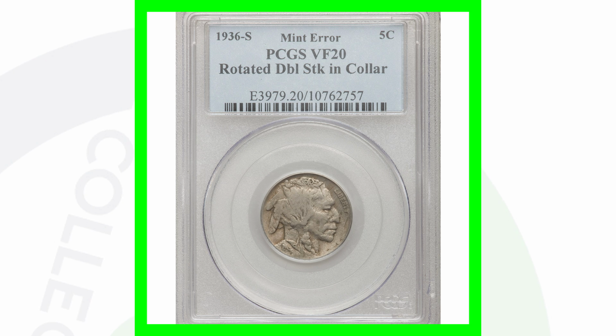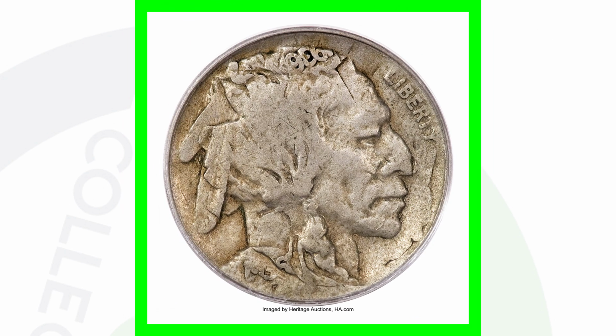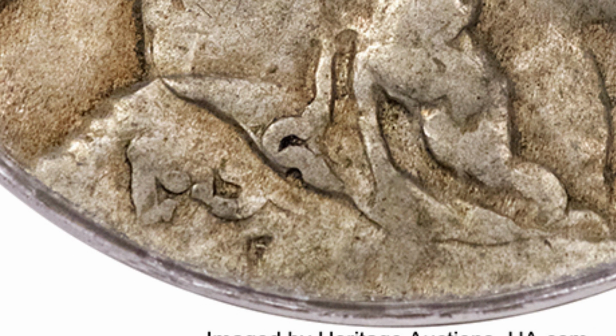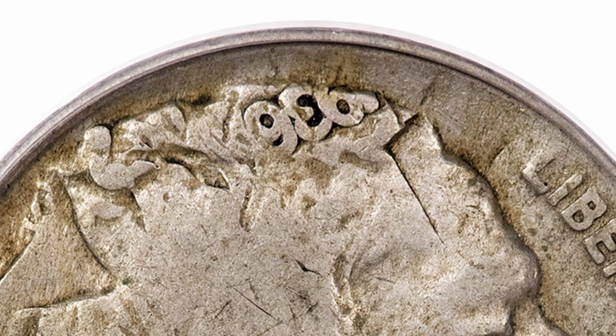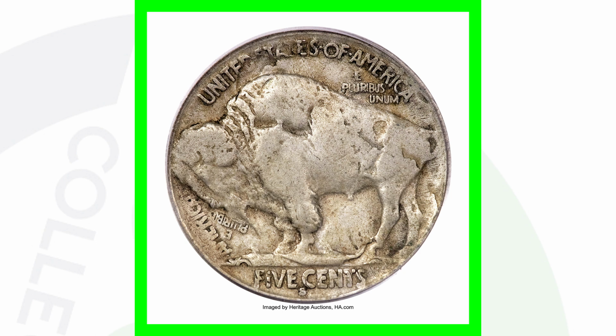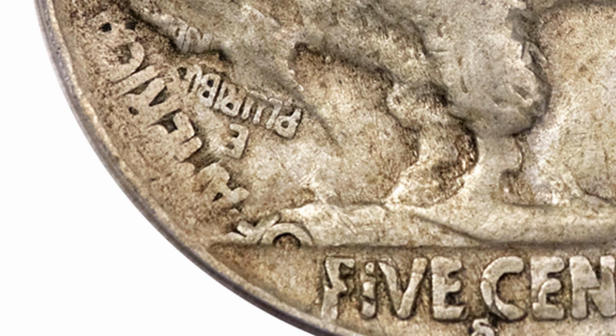Alright, so this is a 1936 S mint mark. Very valuable coin here. This coin sold at auction for $2,800. And that's because the coin has been double struck and rotated. So the coin is graded by PCGS at a VF20, so not a high grade, but you'll see the date here, 1936 at the bottom. You'll see the date here at the top because the coin has been double struck and that design is rotated all the way around. That is a very nice mint error there,